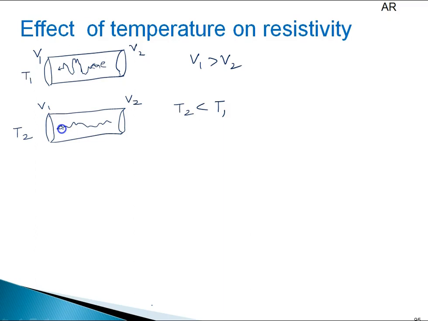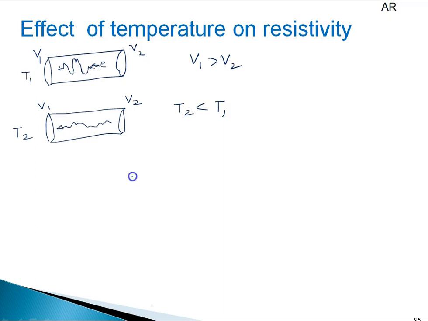Again I am telling, at higher temperature random motion of the electron is more. Reason? Collision with the neighboring electrons is more. As we decrease the temperature, the rate of collision of electrons with neighboring electrons decreases. So we say flow of electrons becomes smooth. When flow of electrons becomes smooth, we can say mobility will increase.